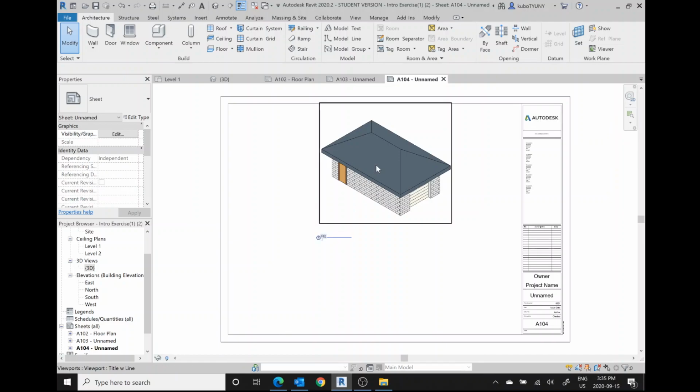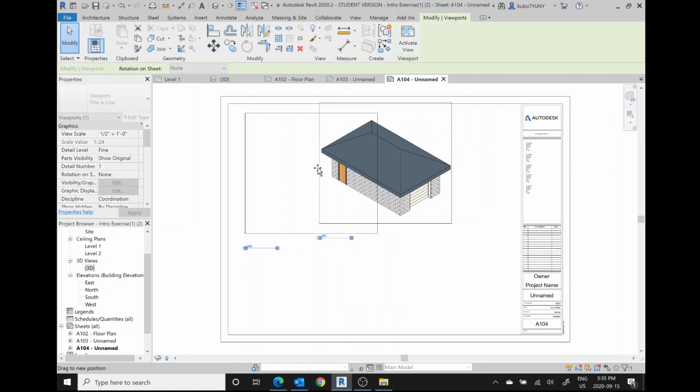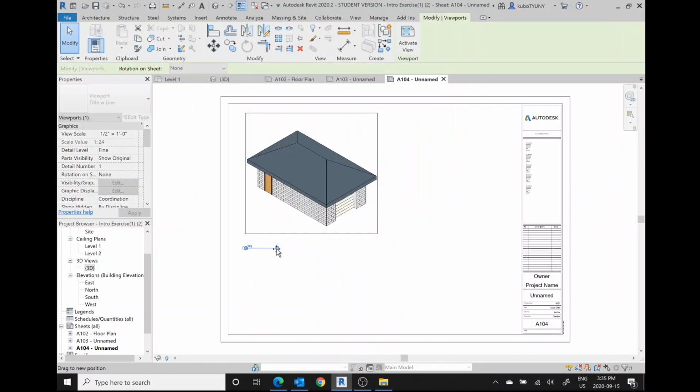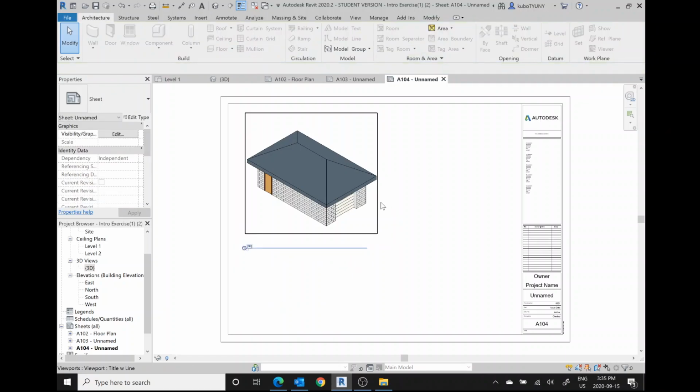I'm going to double click outside of it. Here I don't really have to crop anything. If I want, I can extend this just a little. And that's about it. So now you kind of know how to draw, just the very basics